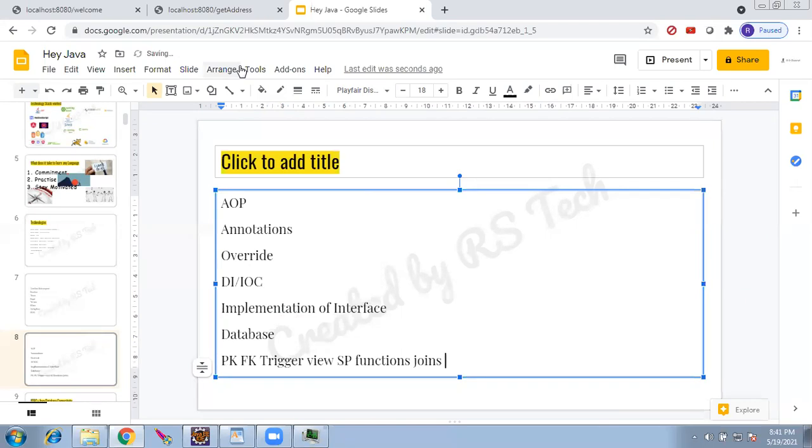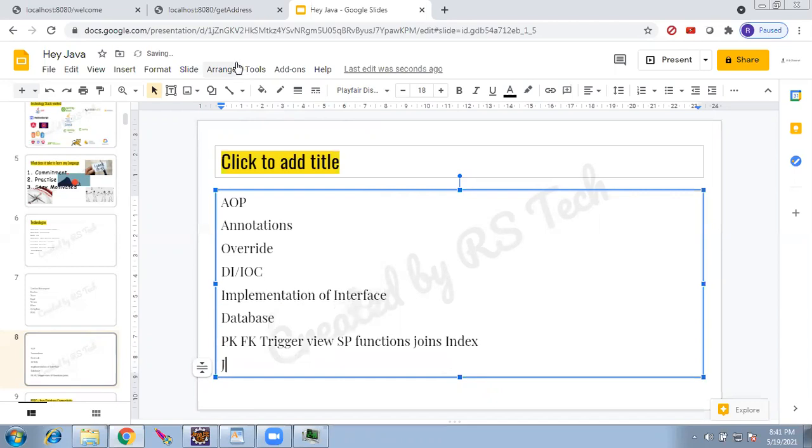Okay, that's all. And then index, joins. Joins, especially left join and right join.